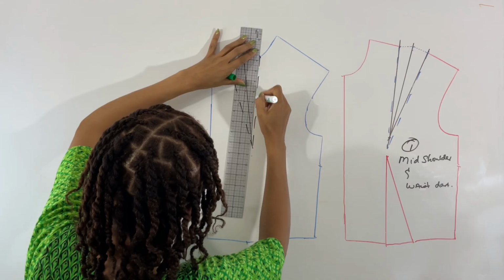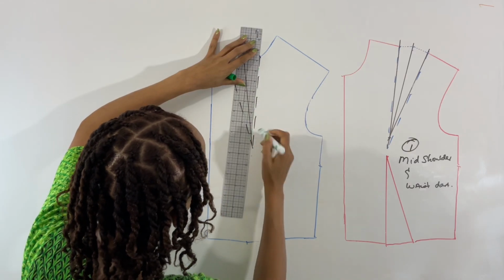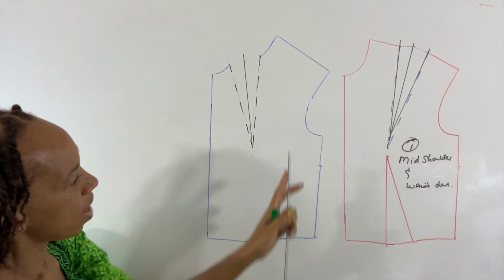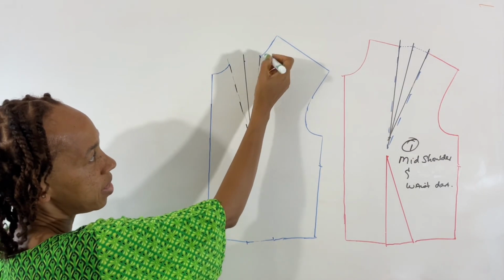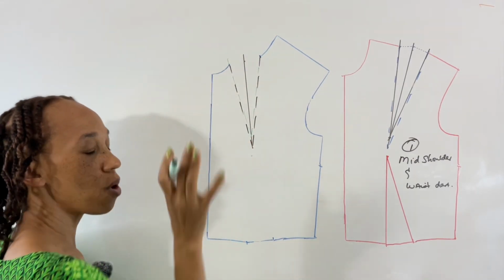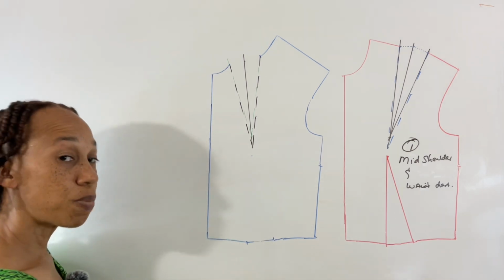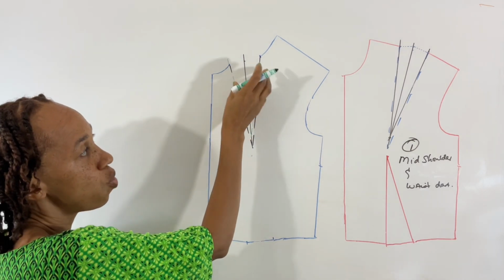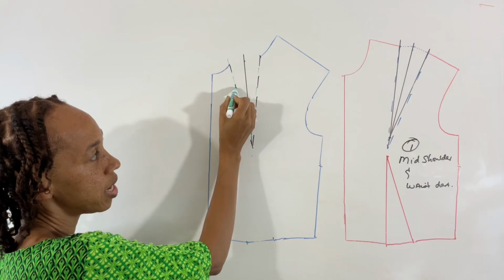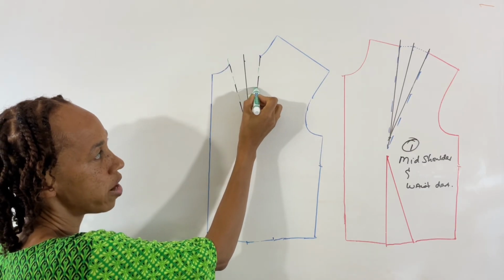All right, and it's going to look like that. So that's what you have now. So all you have to do with this, as I stated before, if you're working on paper, I can't do it here. So if you're working on paper, and you should be working on paper when you're doing this, you are going to fold your dart